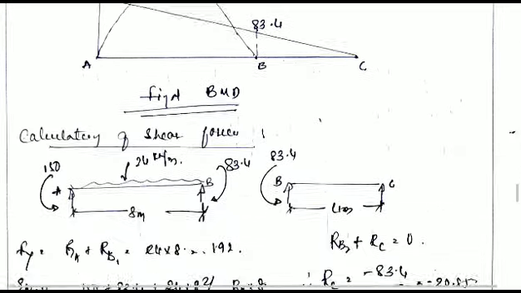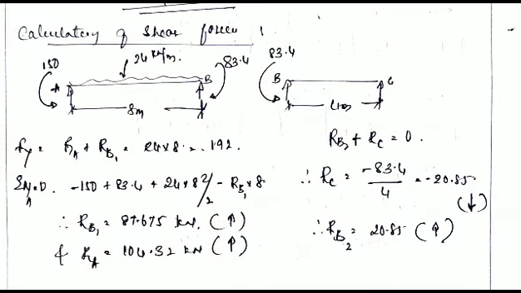Next, coming to the calculation of the shear force diagram. When we calculate the shear force diagram, make sure that the final moments we have calculated are taken into account. Split the individual beams as simply supported beams, apply the external loads as well as the calculated moments at the end spans, substitute them and find the reactions. Those reactions themselves will be the shear forces at the joints. So we are splitting members AB and BC separately, and you know that AB is subjected to a span of 8 meters with 24 kilonewton per meter, and the end moments we have calculated in the earlier steps we should substitute.